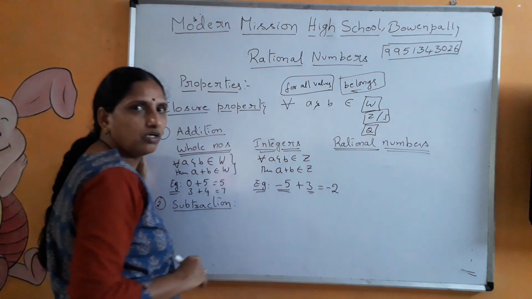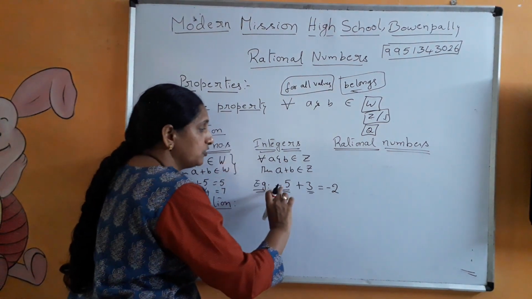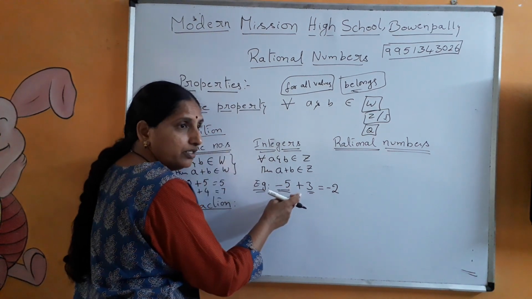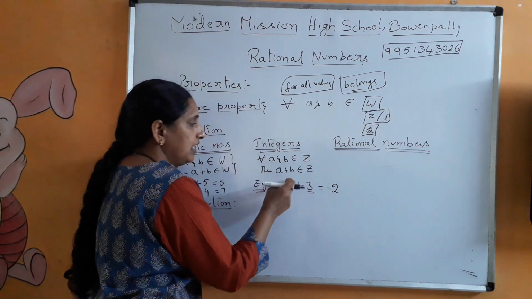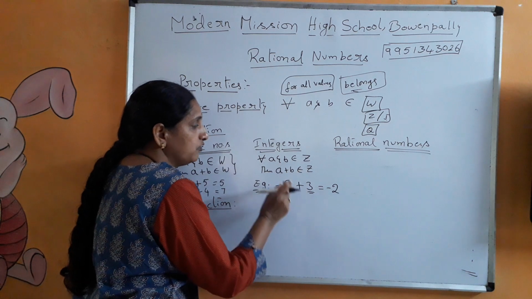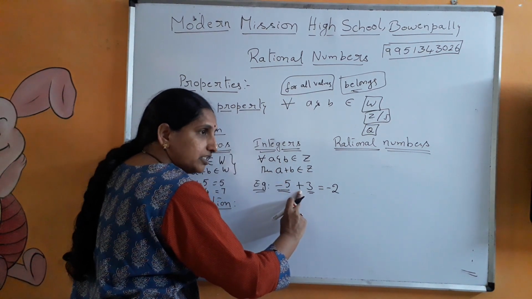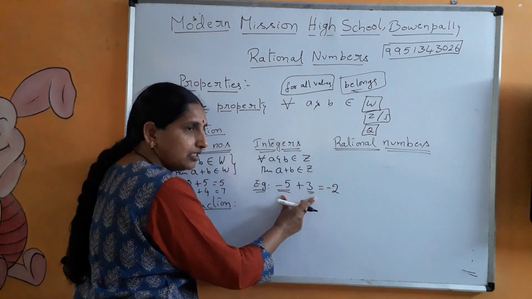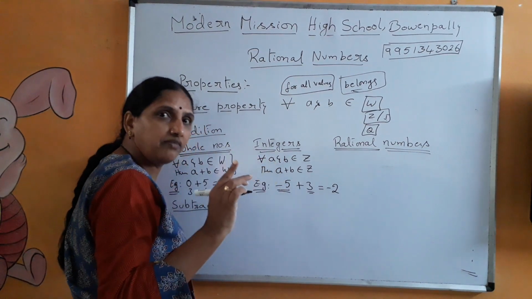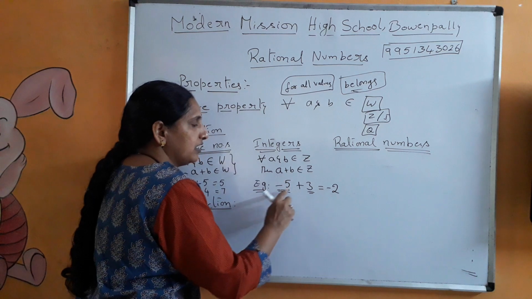-2. Those who have any confusion in this, again I repeat, you have two opposite signs here. Addition is going on. So this is plus 3 and this is -5. So when two opposite signs are there, with the operation being addition, then subtraction takes place. What is the difference between 5 and 3? 2. Which sign do you have to give? You have to give the sign of the bigger number, the larger number.